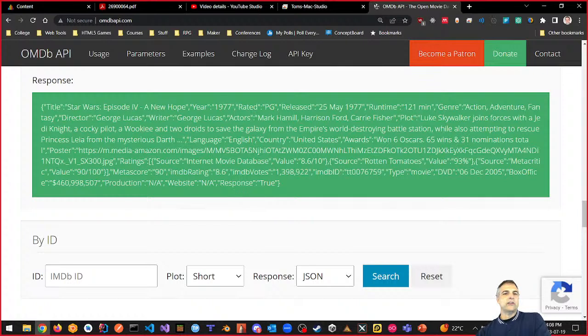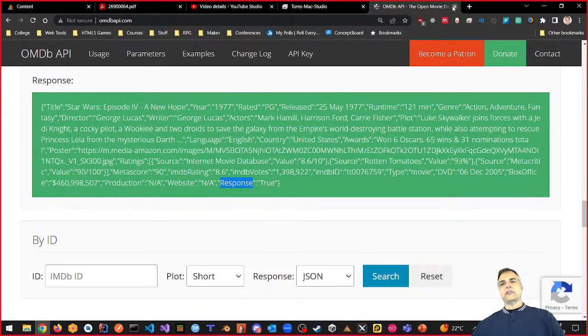It also includes stuff that is not the movie. For example, response is true. That is outside of the movie. There's going to be data that's extraneous to the movie data. So you need to kind of go through it, and I recommend looking at the data so that you understand what it's like. Now, there are some sites out there, like a JSON prettifier, that could help you look and see what that data looks like.